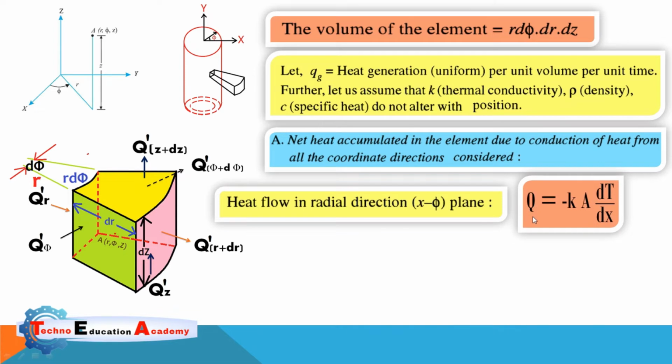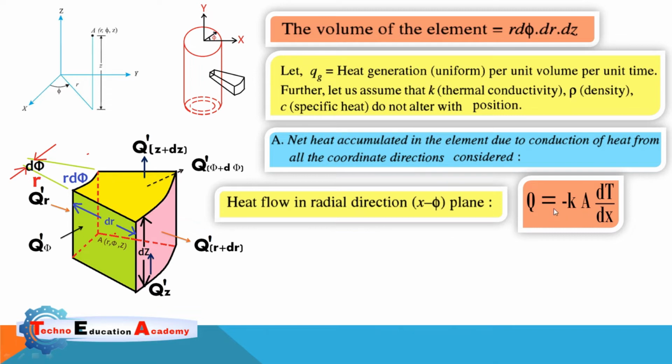According to Fourier law, Q equals minus KA dT by dx. Here we are using a negative sign because heat always flows from high grade to low grade, and temperature continuously decreases with respect to thickness. Here Q is heat transfer, K is thermal conductivity, A is the surface area perpendicular to the direction of heat flow. Remember guys, we are considering the area perpendicular to the direction of heat flow, and dT by dx is the temperature gradient.